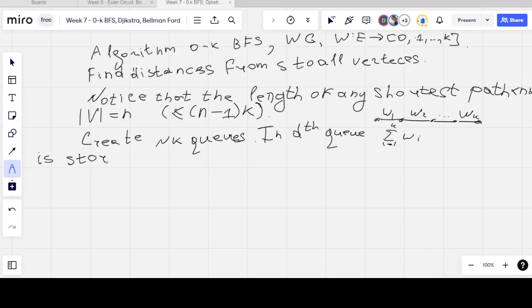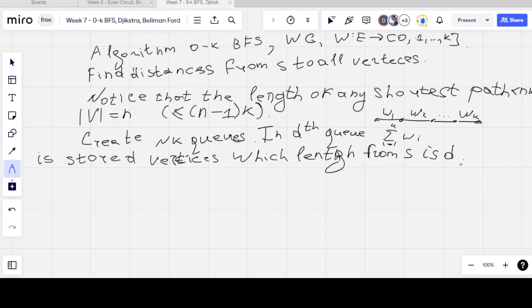In the next algorithm we consider that the length is less than or equal to something, but here we store vertices whose length from S equals just the queue's index. Okay,